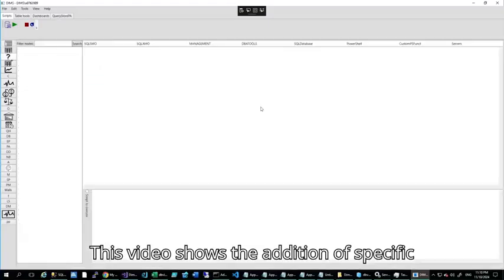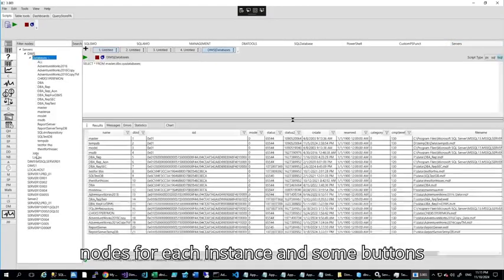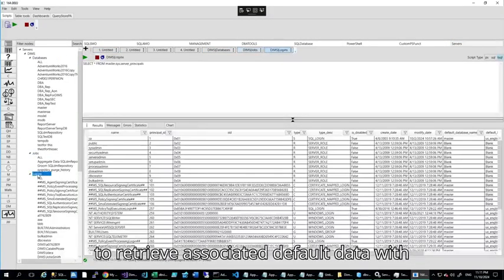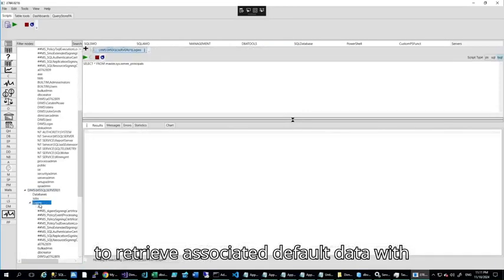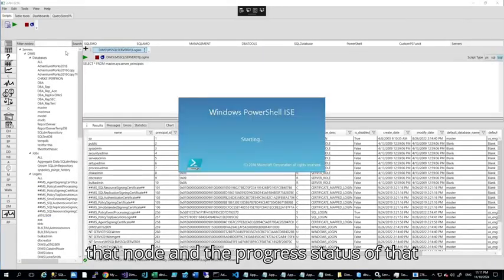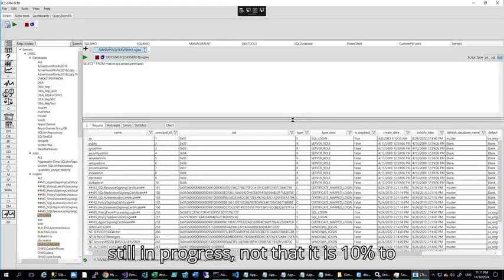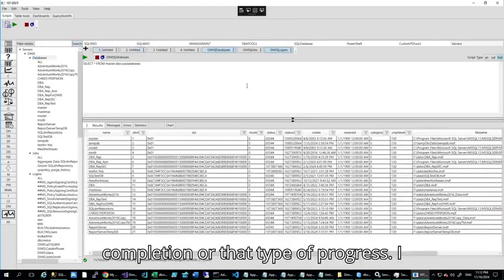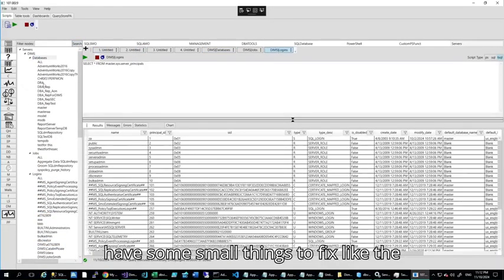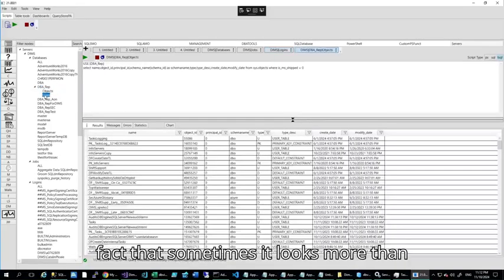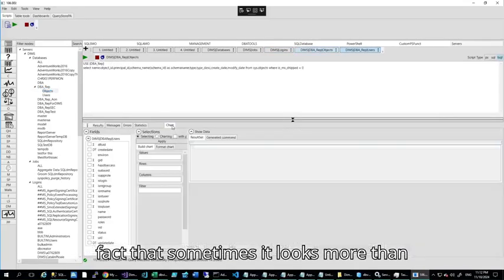This video shows the addition of specific nodes for each instance and some buttons to retrieve associated default data with that node and the progress status of that operation. By progress, I mean that it's still in progress, not that it is 10% to completion or that type of progress. I have some small things to fix, like the fact that sometimes it looks like more than one toggle button